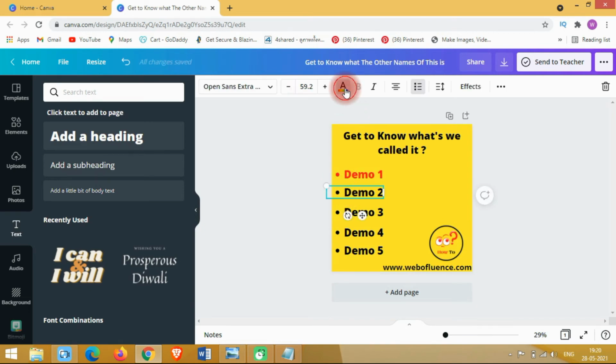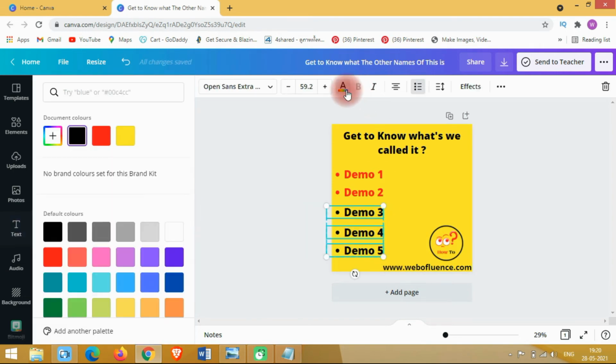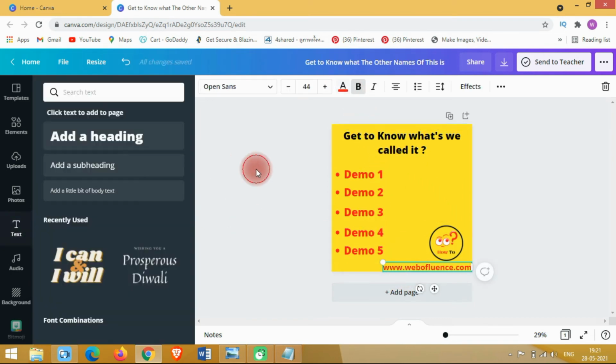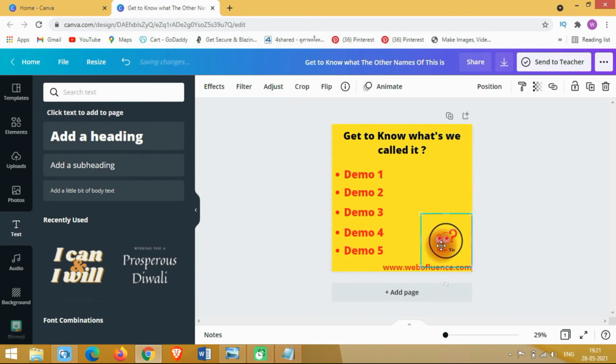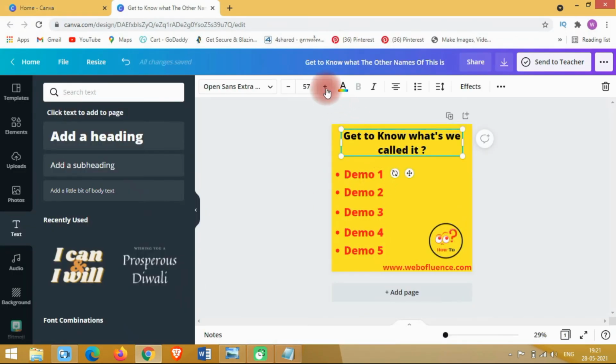I will do the same with this. You can select all these three together, and these three together, and click this red. Magic. Now click on this for red, and this. That's it. See, we have created almost exactly this text. This is somewhat bold, the font size is somewhat big, so I will adjust it. You can set it according to your post or content.